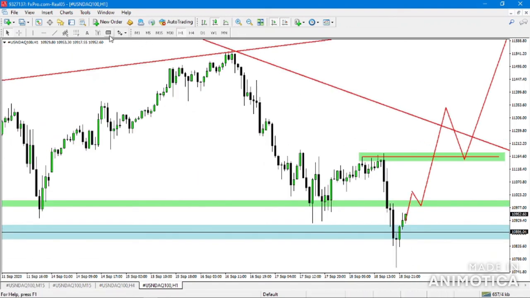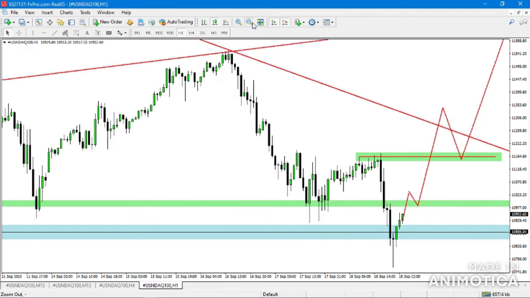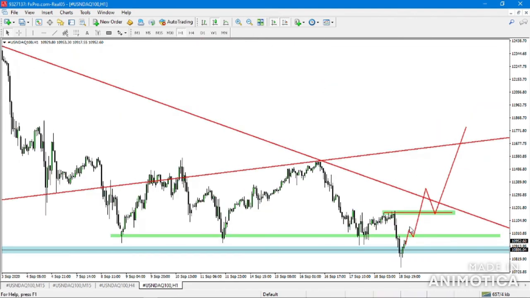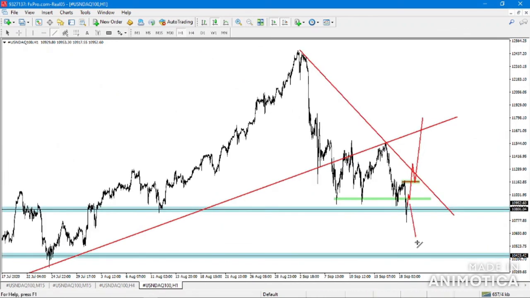Because as you can see, this candlestick right here, that's a strong confirmation that the buyers are in, the H1 buyers, and that price could head towards upside, retest, and then respect the structure or break through. But if not, price could head further towards the downside. But yeah guys, that's just my view on the NAS and